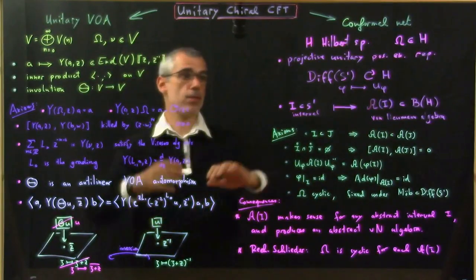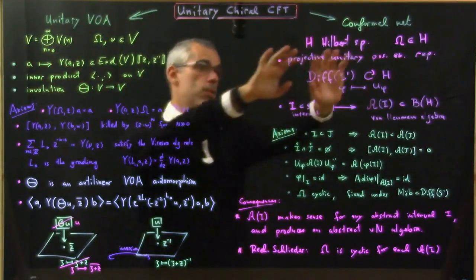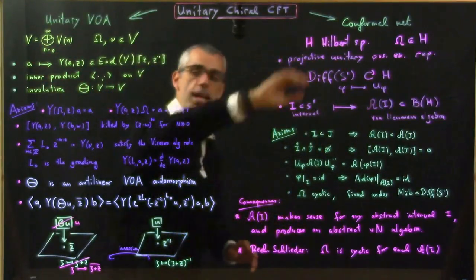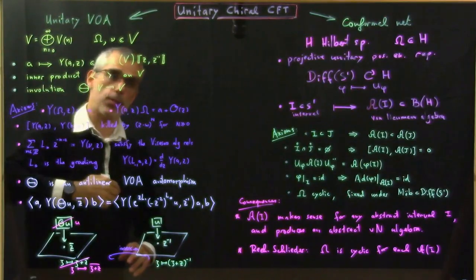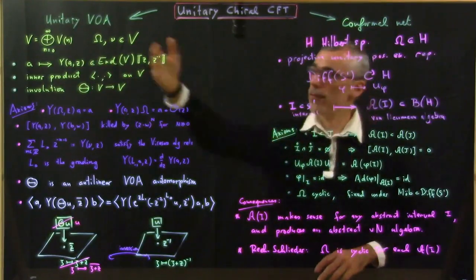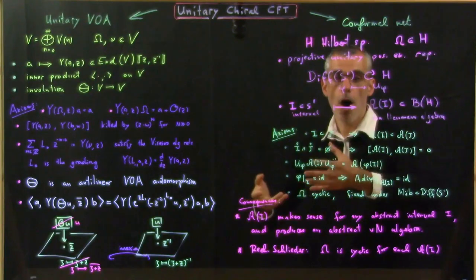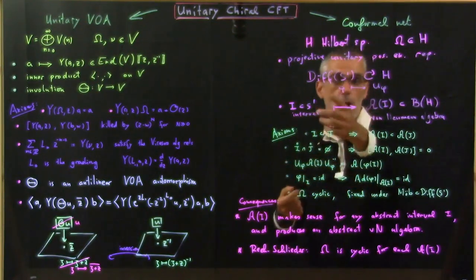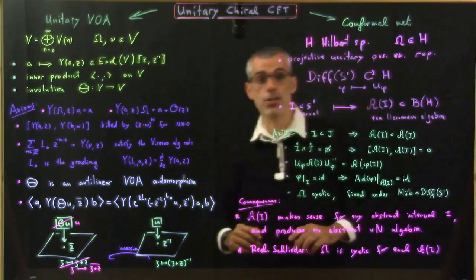And maybe the first things to compare is the vertex algebra V and the Hilbert space H. So H is, of course, just going to be the completion of V with respect to the inner product that we have here. And going the other way, we can recover V from H as being the algebraic direct sum of the eigenspaces of the rotation that is contained inside this Diff S1 action.